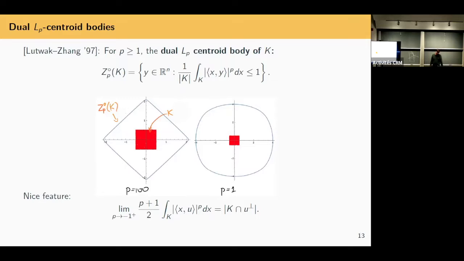And what I'll tell you is just the dual norm. What it is is just the LP norm. P is bigger than 1 here. It's a genuine norm of a linear function along the body. I look at all the y's for which this LP norm is less than 1.